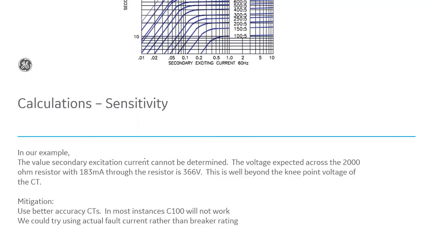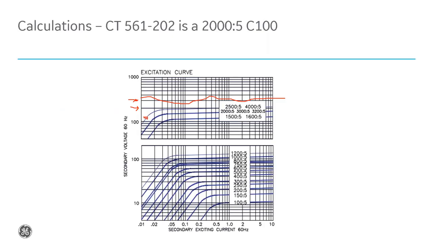set the pickup of the high impedance module. We never really want to set that less than about 50 milliamps. The reason we don't want to go that low is because these CT circuits will largely look like antennas, and they can get a lot of noise on them. 50 milliamps of noise on that CT circuit and it operates. So typically, when you do these calculations, the setting ends up being about 75 milliamps. But if we have 50 milliamps,